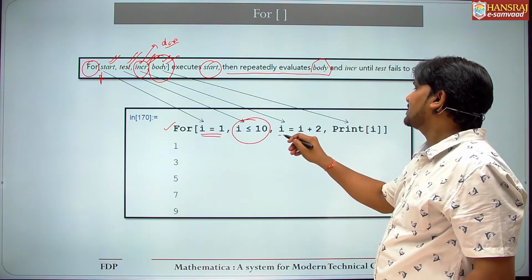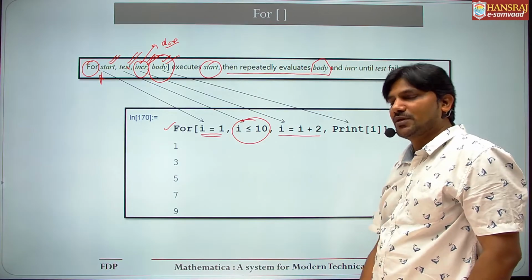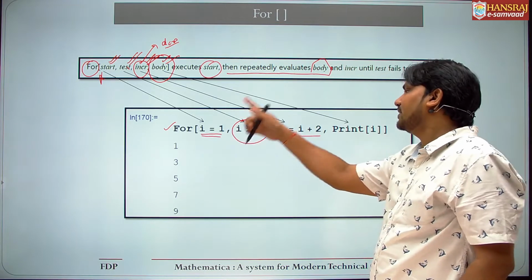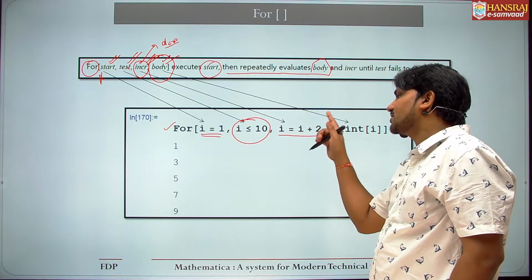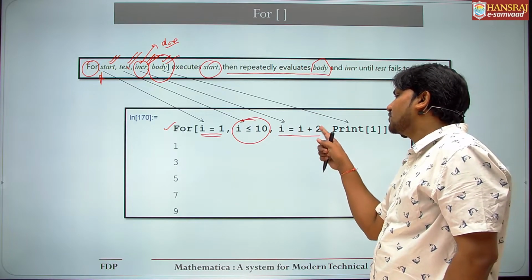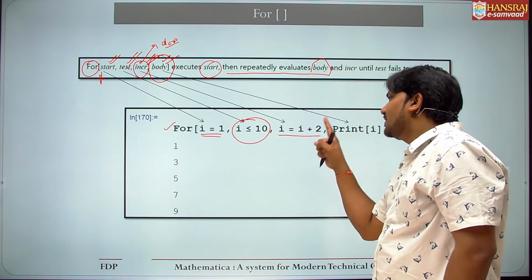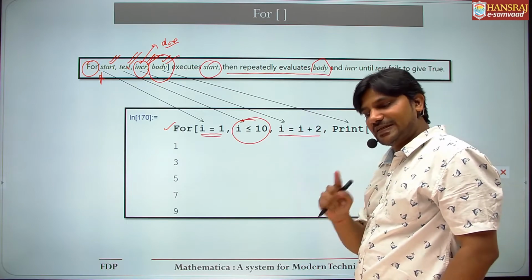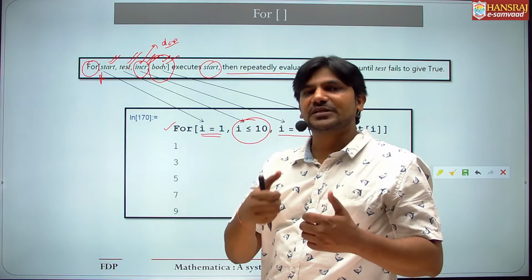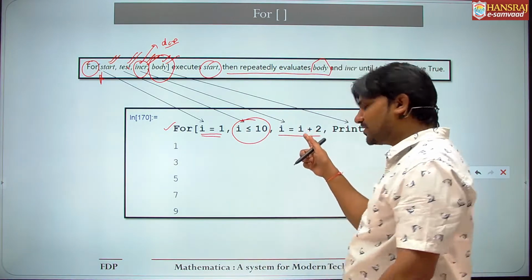And here you can see i = i + 2. So what is the step size for i? It is i + 2. So it will start with 1. Then the next value will be 1 + 2, that is 3. The next value will be 3 + 2, that is 5. Next value will be 5 + 2, that is 7. And next value will be 7 + 2, that is 9. So basically we are updating i with one step size, and the step size is 2 in this example,